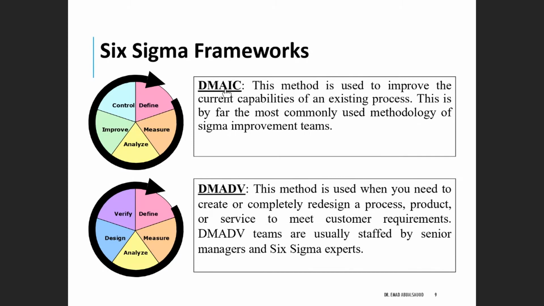So maybe the result is that the organization should design a new process or a product. So you basically start with DMAIC, but then you move to DMADV after the analyze phase, and that's common also. I've seen this before, and that's why the first three phases are common even in all or most of the tools